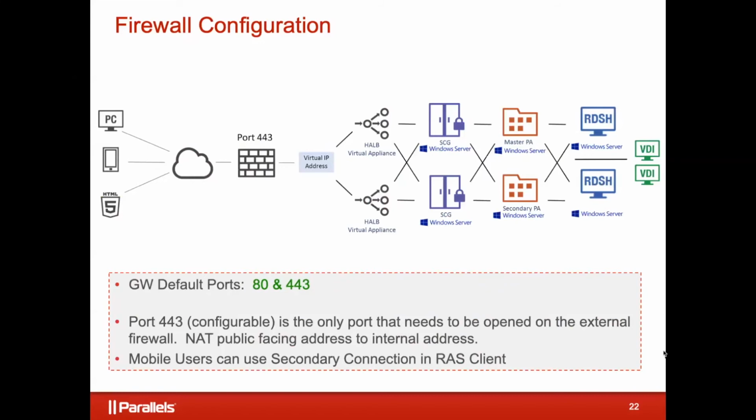So we're not in any way, shape, or form exposing 3389 to the internet. The only place that 3389, the RDP port, needs to talk is from the gateway to the terminal server. I know you can't see my mouse moving in WebEx, but that's the only place that 3389 needs to be talked. And you can change that if you'd like. I haven't come across anybody that's needed to do that yet, but you certainly can. So they never need to make a 3389 connection to any of these other components, and certainly never over the internet, just that one port 443.